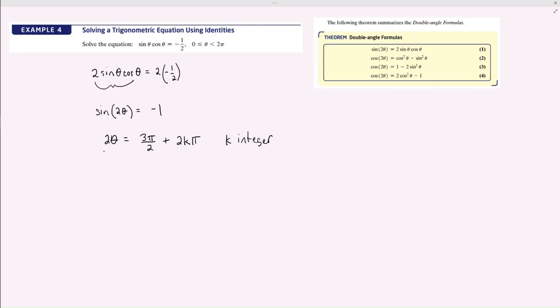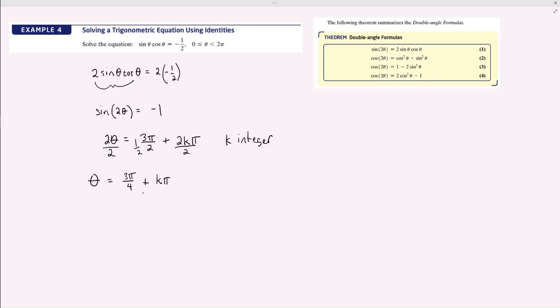So I can divide by the 2 now, everywhere. And I get in terms of theta, it's going to be 3 pi over 4